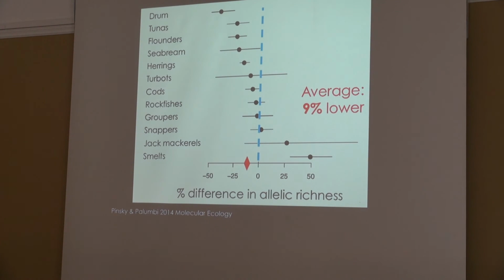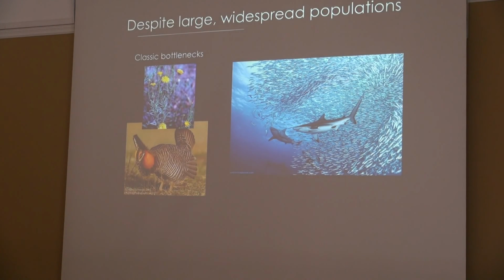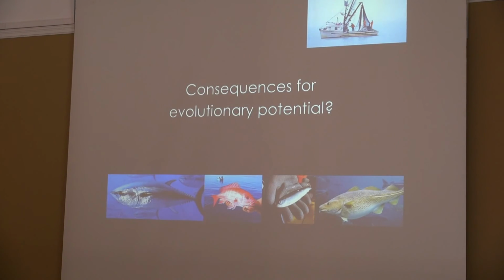suggesting there are some at least mild genetic bottlenecks occurring, which is actually interesting because for species in the ocean with enormous population sizes, millions of individuals even in, say, a collapsed population of cod, that's very far from the classic examples of a genetic bottleneck, where you are often talking about, say, dozens of individuals. So it implies that even though populations are very big in the ocean, there are potentially even evolutionary consequences, reducing the range of evolutionary novelties that may be available for adaptation in the future going forward.